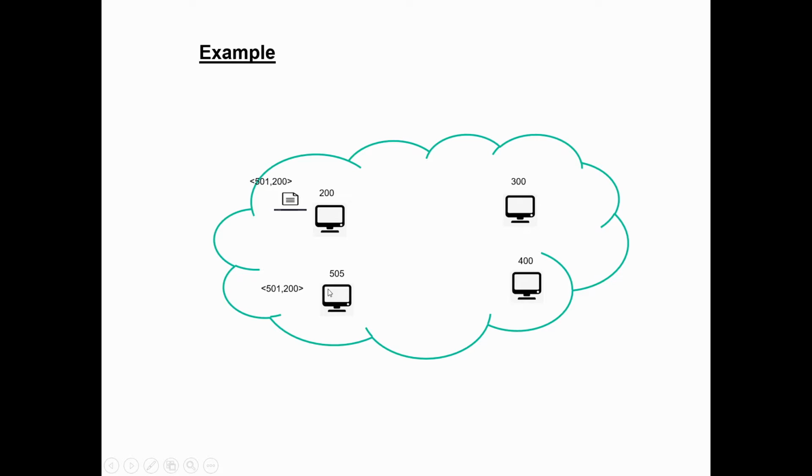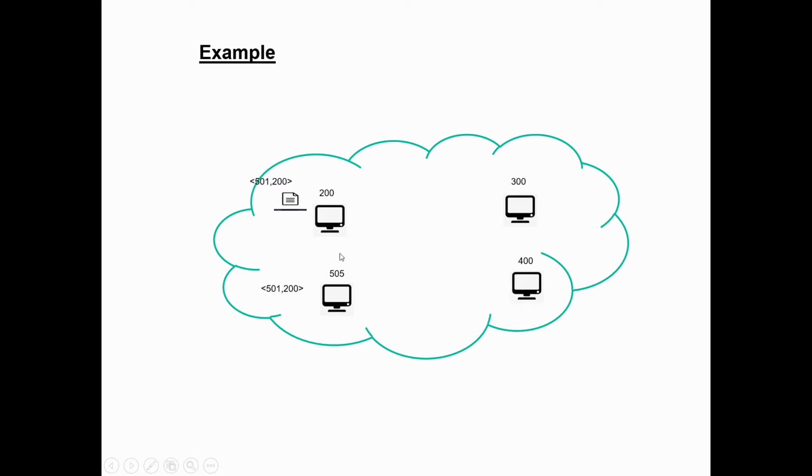Suppose a new node wants to download this file. It will inquire one of the nodes in the peer-to-peer network with the key value. So it has to know the key value for the file, that is 501, but it can send a query message to one of the nodes in the peer-to-peer network. Then the query eventually reaches this node, because the key it is looking for is closest to the ID of the node.